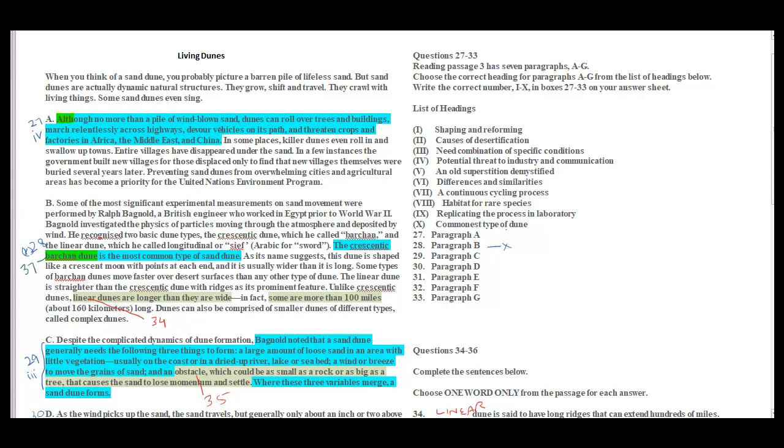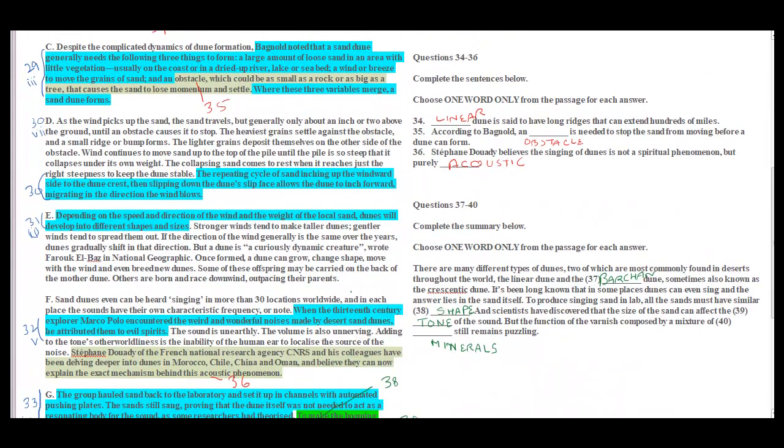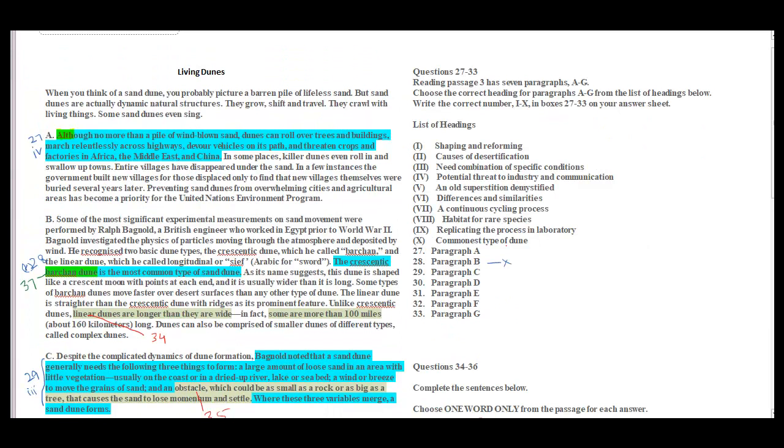So आज का लेक्चर हमारा है IELTS रीडिंग का लिविंग ड्यून्स। ये ऑलरेडी टॉपिक जो IELTS एग्जाम में आ चुका है, तो आज इसको डिस्कशन करेंगे। इसमें क्वेश्चंस जो हैं देखेंगे, लिस्ट ऑफ हेडिंग्स हैं और उसके बाद है कंप्लीट द सेंटेंसेस बिलो एंड देन फाइनली देयर इज कंप्लीट द समरी बिलो।